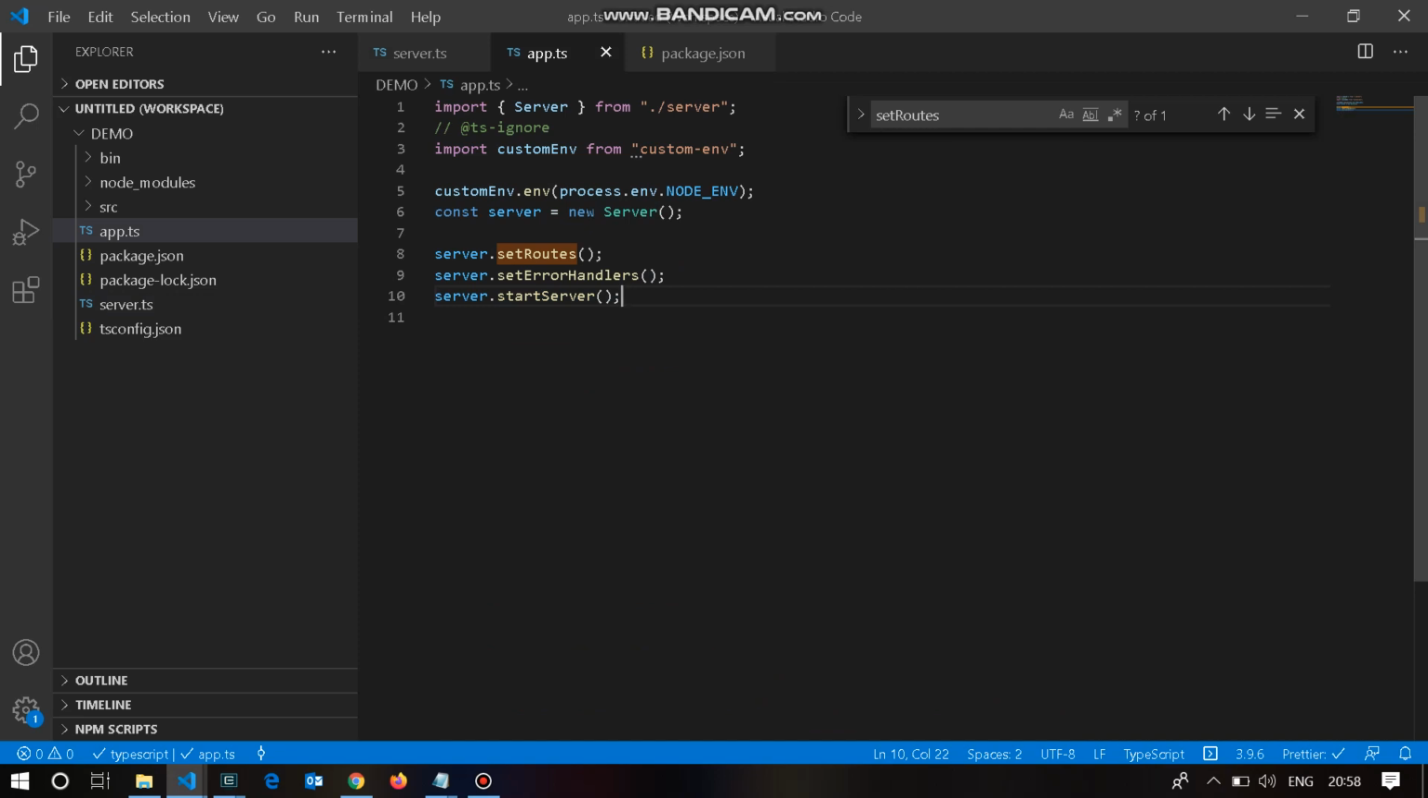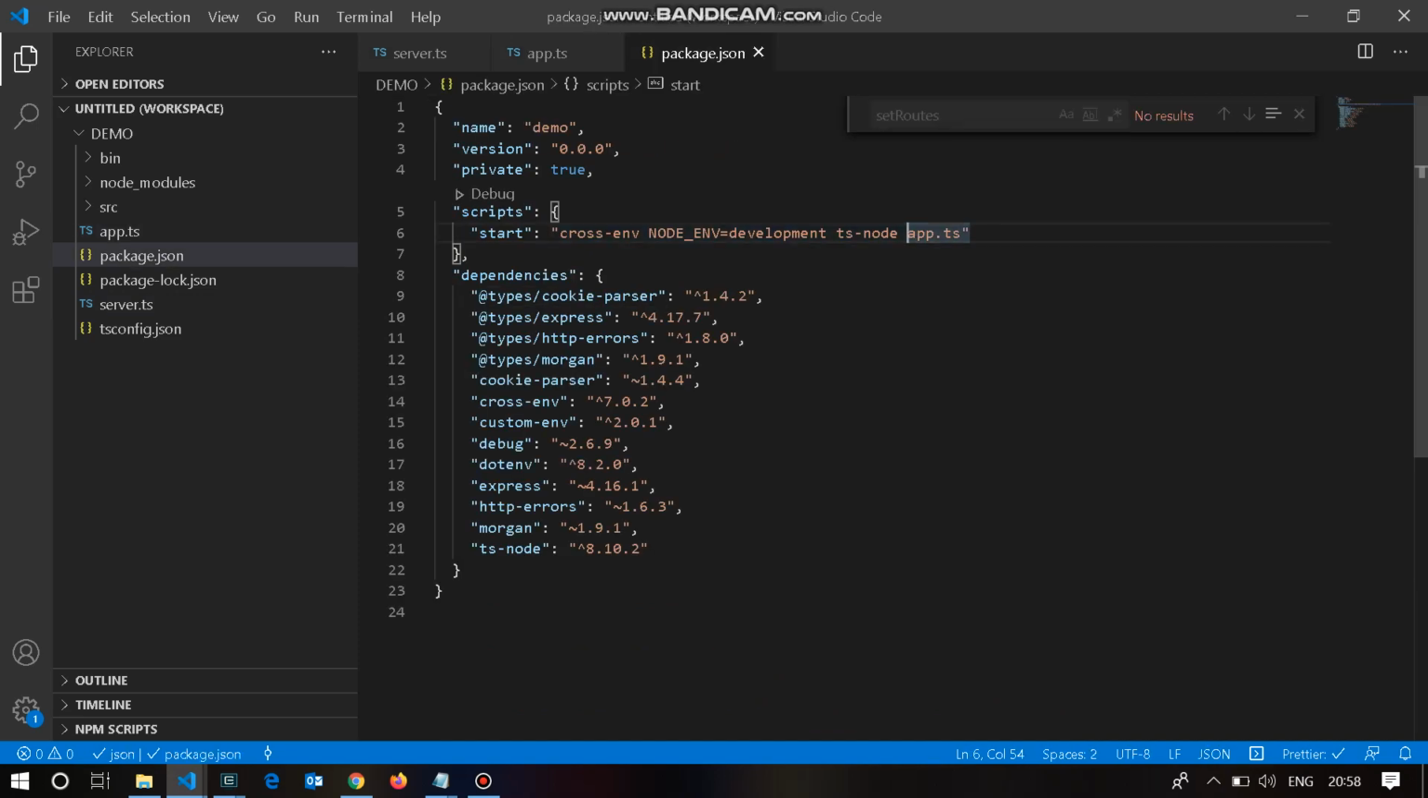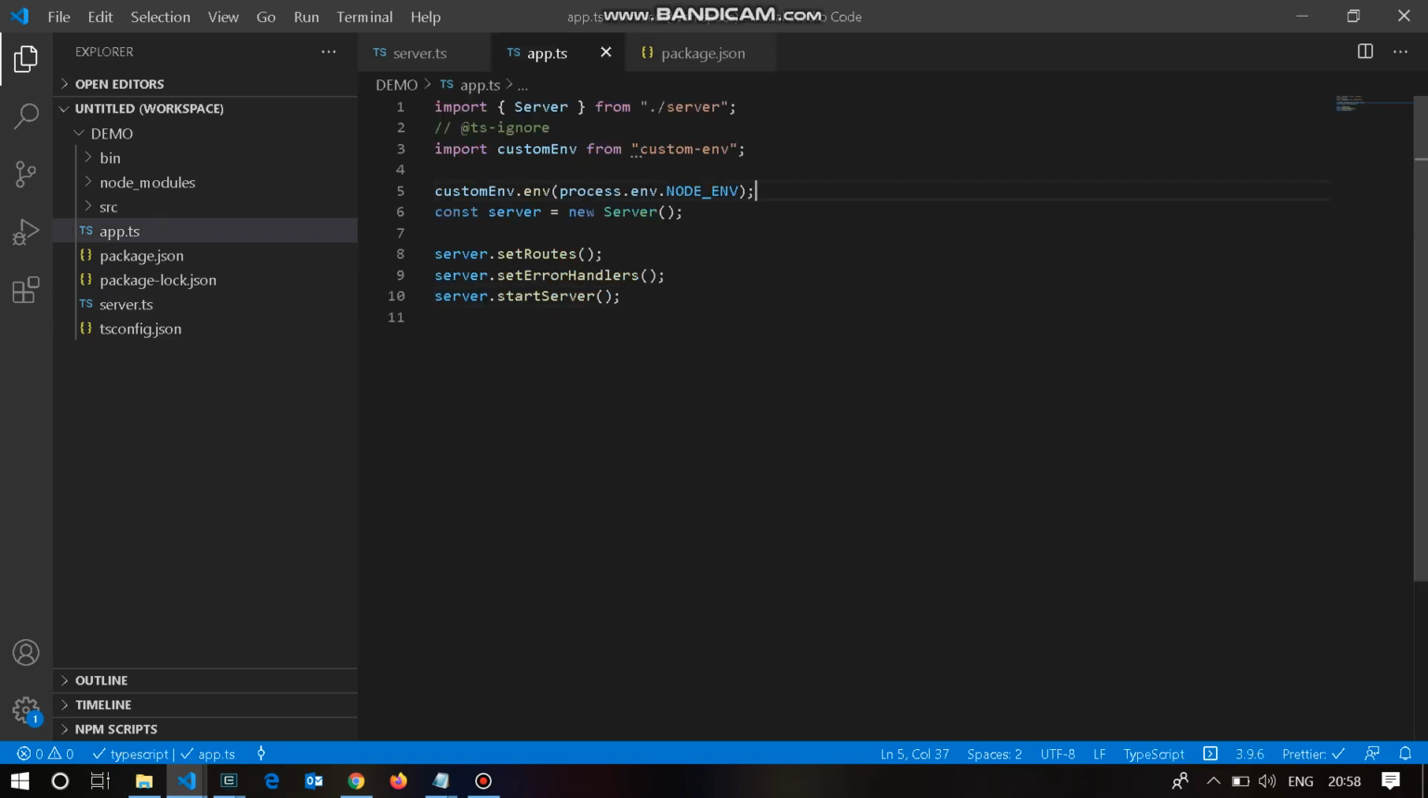So as you see, our ts-node will execute the app.ts. Here we have control now. Then this will create a server instance, instantiate routes, and have handlers. Okay. So as I said, we are